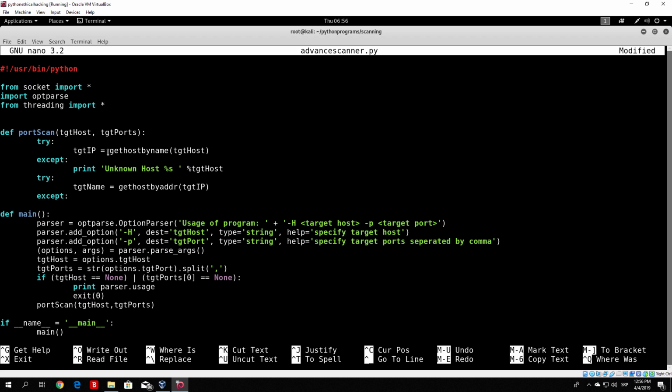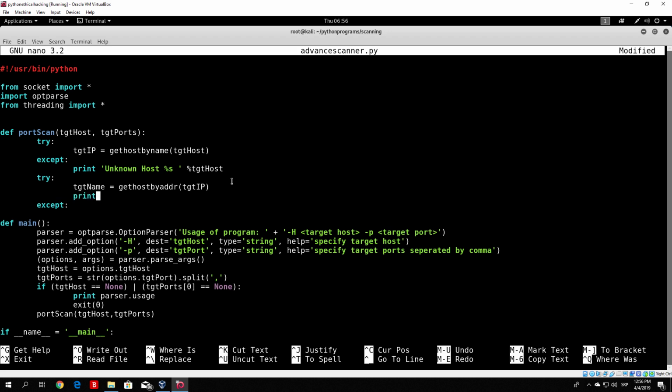This one gets the IP address from the host name, and this one gets the name from the address. So right now, once we actually type that, we want to print, and let's add a plus right here, and let's print "Scan results for", and then add the target IP. What this will do is print out scan results for that IP address, or no, we want to actually